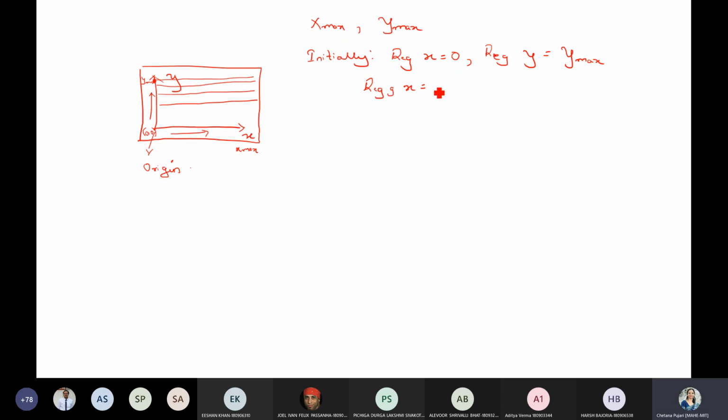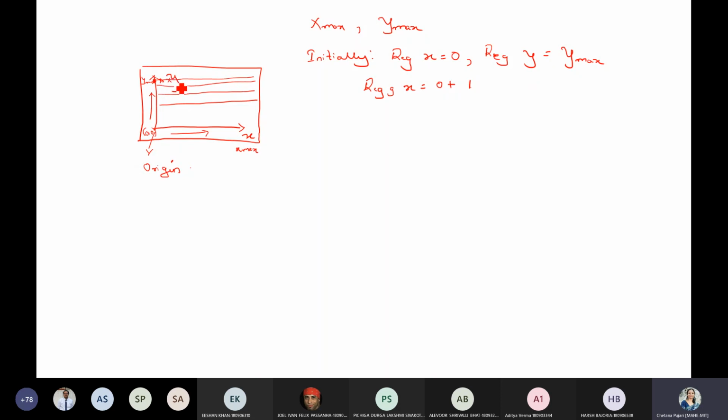So what you are going to do is add +1. First pixel is done, then it will come here. It will check whether this pixel value is high or low in your frame buffer. If it is high, you are going to have a high intensity. If it is low, then no intensity or low intensity.